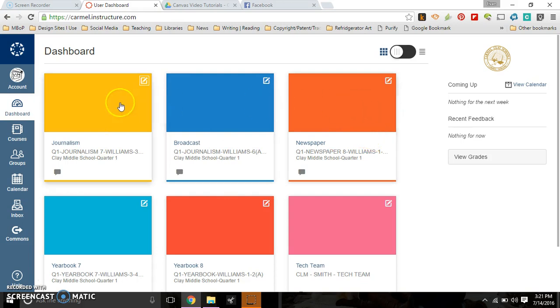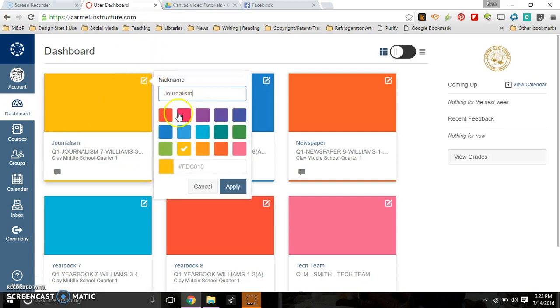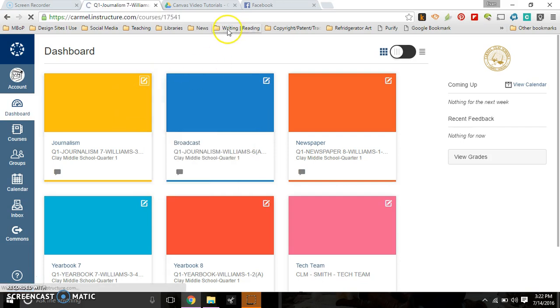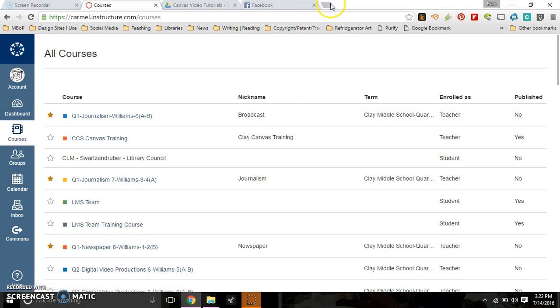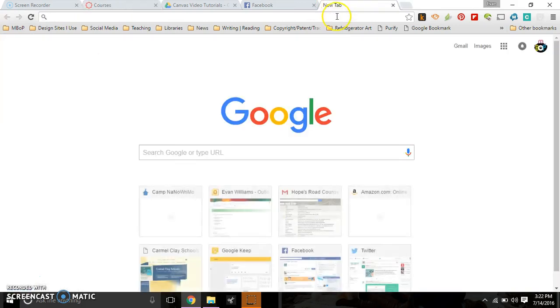So that is the easy way to change the colors and the names to your classes to something a little more customizable. Now if that's good enough for you, you can go ahead and stop watching. If you like the idea of changing the colors to something that is not provided here by Canvas, keep watching. For example now, if you want to add colors that are not available, open a new tab and go to a website called